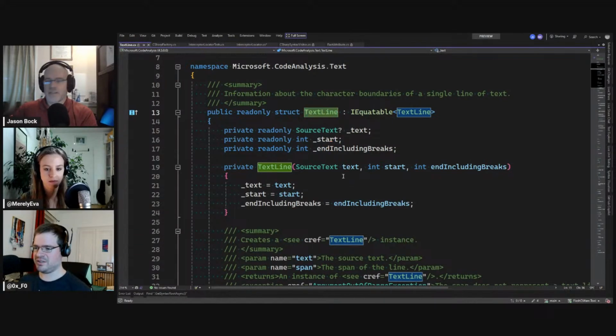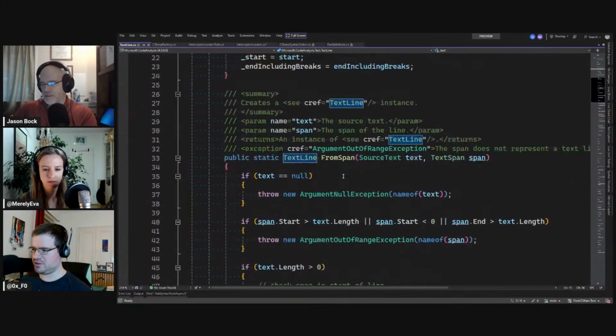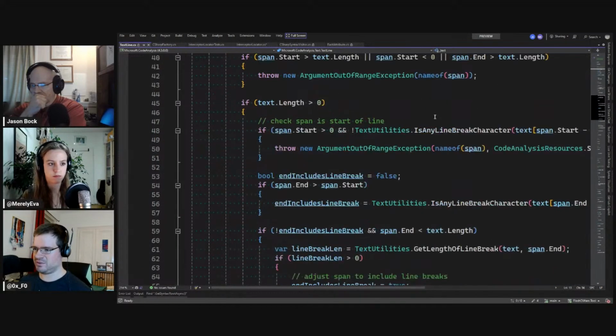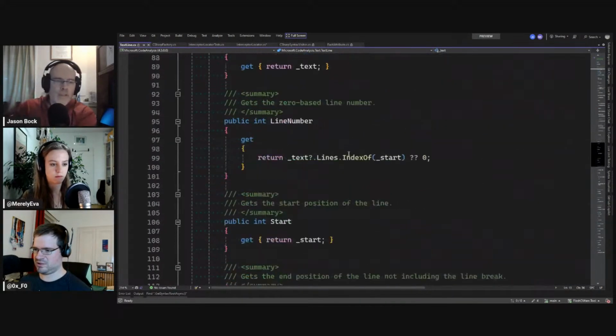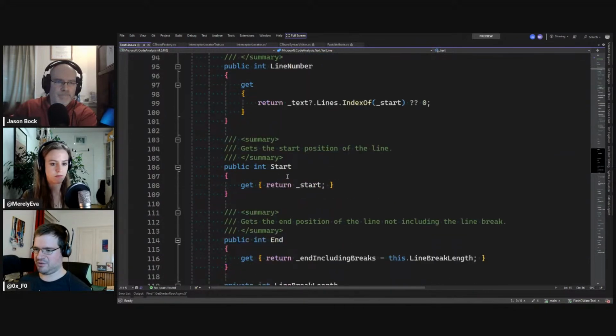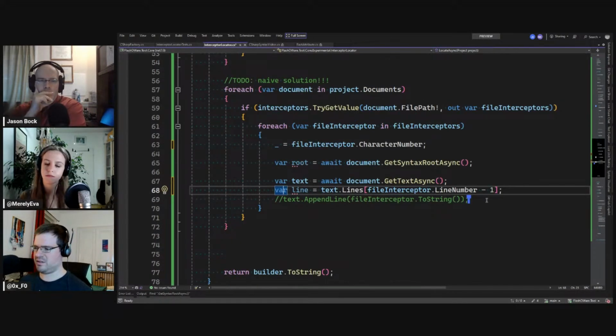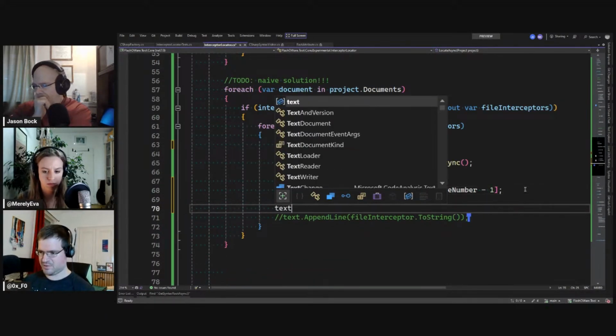Does this have a start? Can we use this start here to find our offset and create this text span somehow from span? No. So we have that line number and we have a start position of the line. Do we then just add the characters to that?